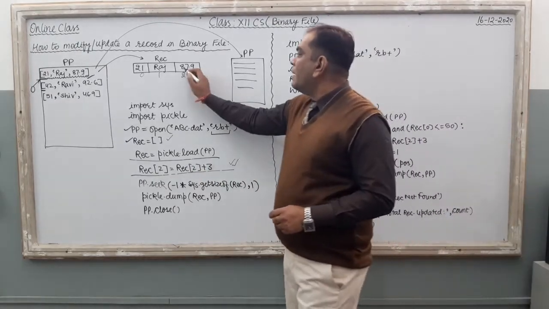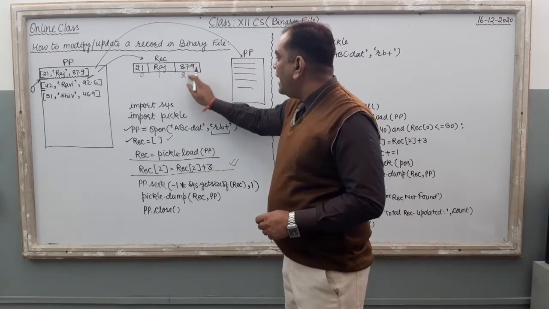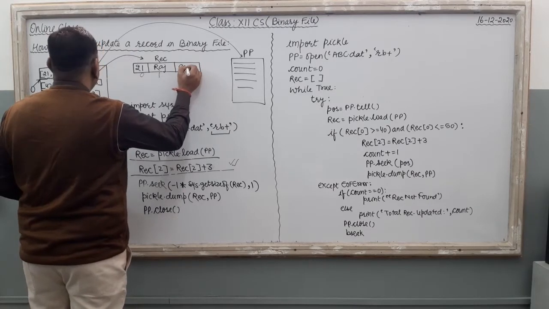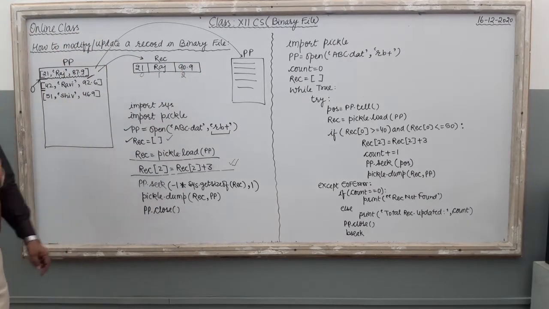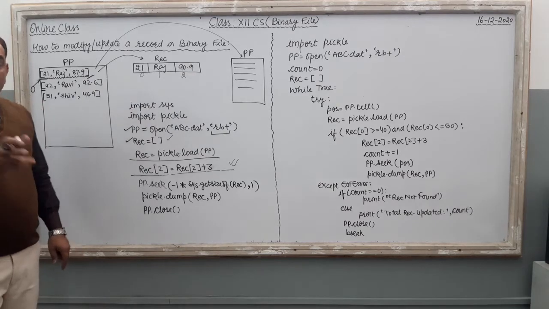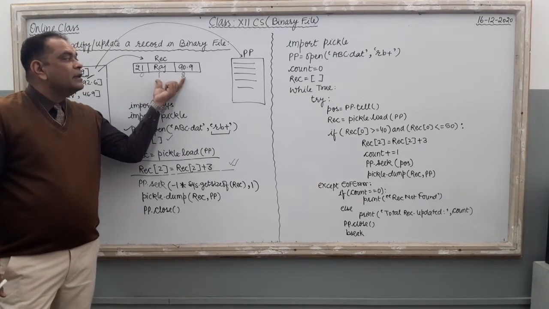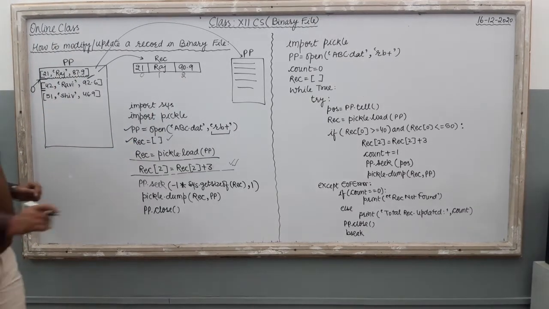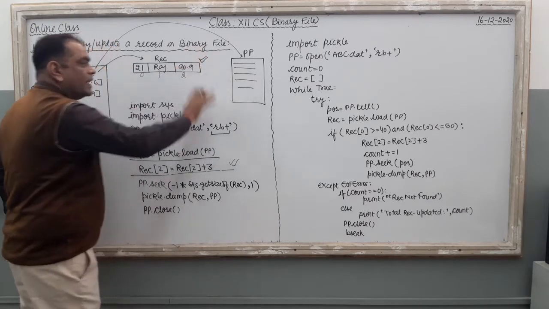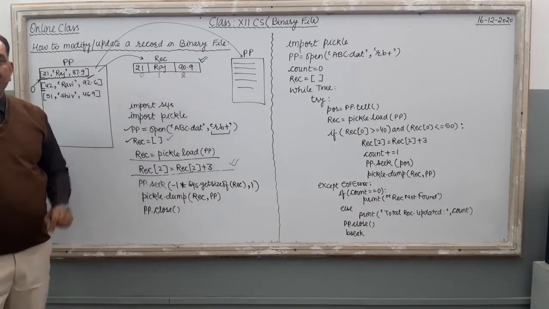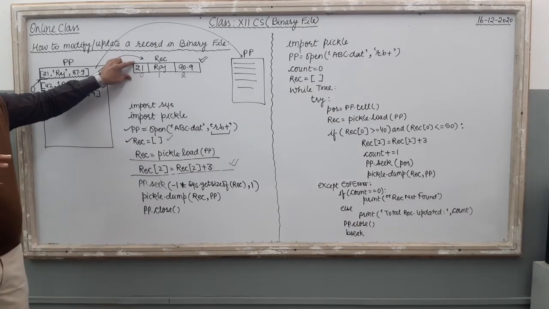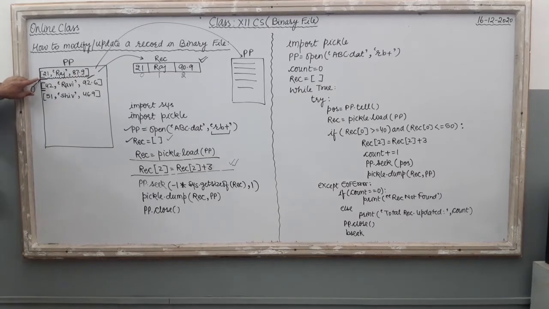Plus 3 means what? Computer just removes the previous data, and here computer writes, plus 3 means now the new value over here is 87.9 plus 3. It is the new percentage of the student, and the modification is there in the record variable, in the list variable. It is not there inside the file variable. Right? Now the modification is done by us already. By this command we did this modification. Now we have to write the record at the same position where the record is available inside your file.